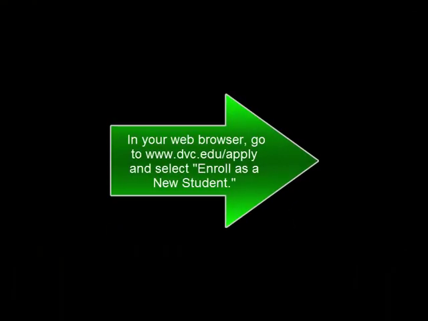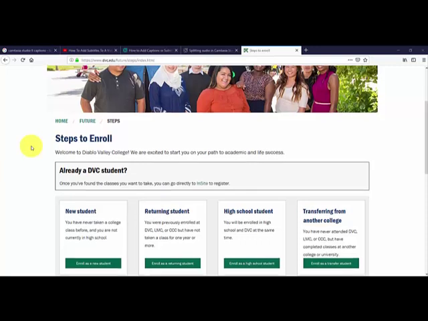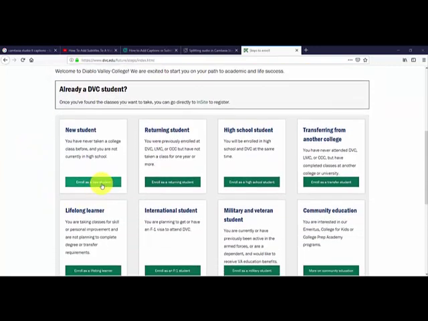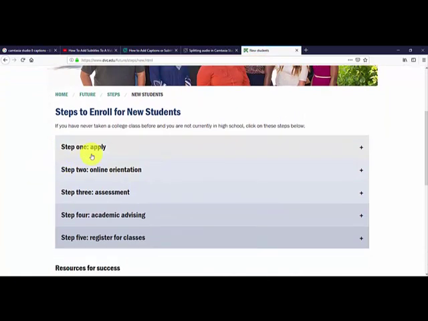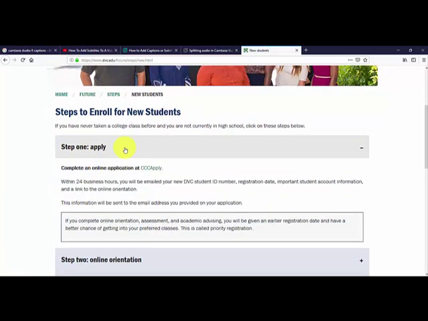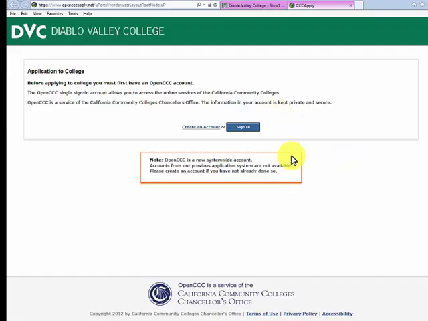We will begin by creating an account with CCC Apply. CCC Apply is a system that is designed and operated by the state of California and is used for admission by community colleges throughout the state. Click Step 1 and then click the link for CCC Apply. This is going to take you to